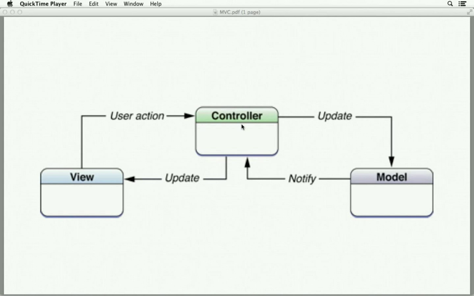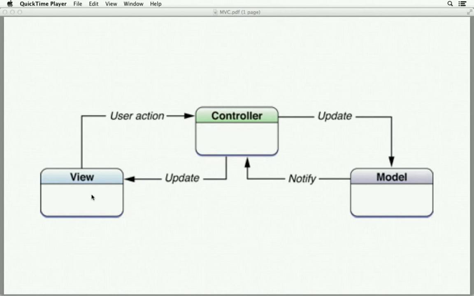At this point, it is all too common for the controller to do a whole bunch of stuff. Resist the urge. We are going to instead have the controller update the model. This is where our count is going to go. And the model will then send a notification back to the controller, but the model doesn't know anything about the controller. The model's just sending out a notification saying, hello, anybody who's interested, here's how I changed. And that's an important way of breaking the dependencies. The controller then takes that information and updates the view to match.